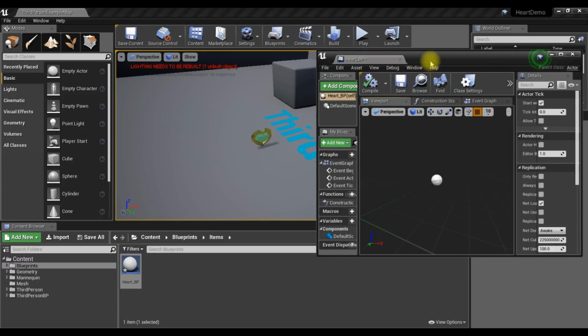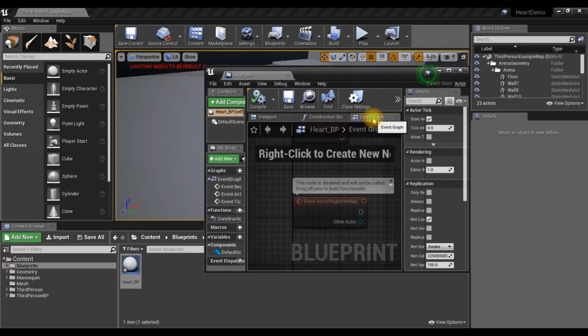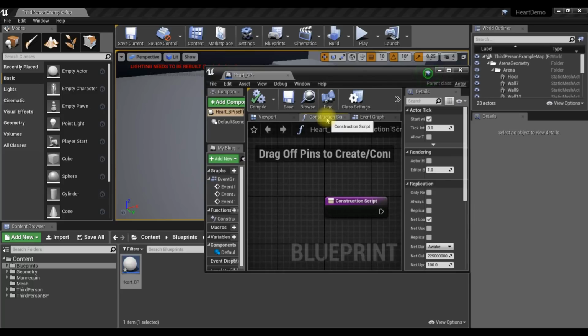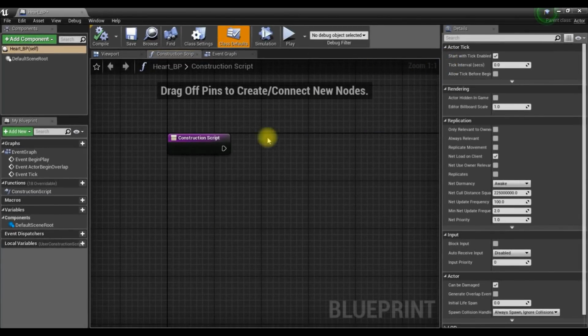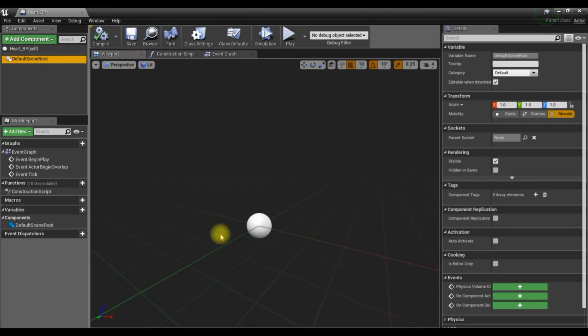It's going to bring up our blueprint window. This pops up different for everybody. Sometimes you have the event graph, sometimes you have the construction graph or construction script, and other times it has this collapsed into a text-based window. But for us, we just want to be in the viewport here. When we first open this, we have this little window, and we have our default scene root. This is always there, but we don't need this. We can actually set our object to the default root. So what I'm going to do is minimize my window,